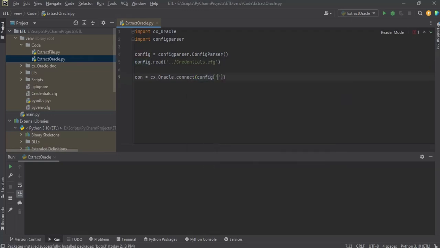Config of oracle user, config of oracle password,